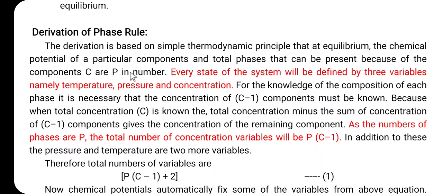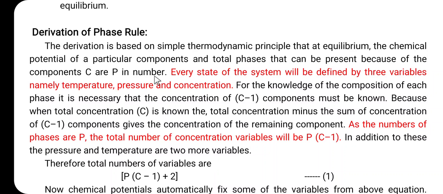The derivation is based on the simple thermodynamic principle that at equilibrium the chemical potential of a particular component must be the same in all phases, and the total phases that can be present because of the component C are P in number. Here P is the total number of phases